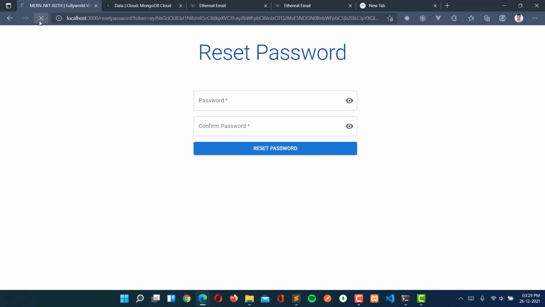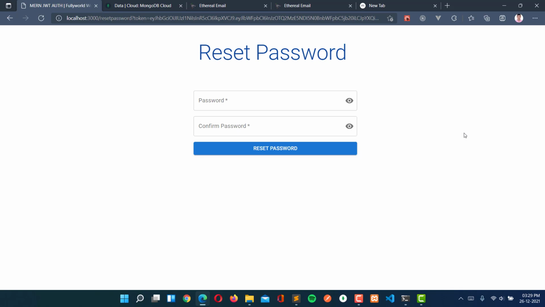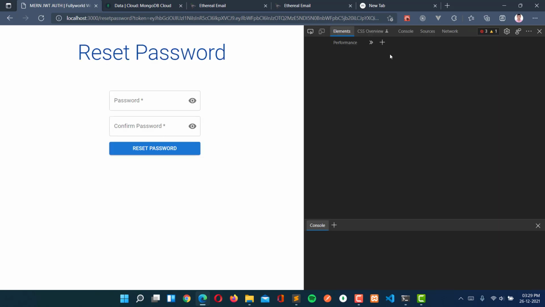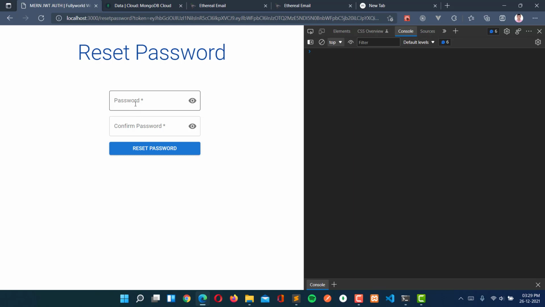So see that when I reload this, and I'm also opening the console here, and let's close this. And here I'm adding the new password. So previous was 12345678, so it will be 123456789. So it will be 9 now. So this one is there, and now let's click on reset password.